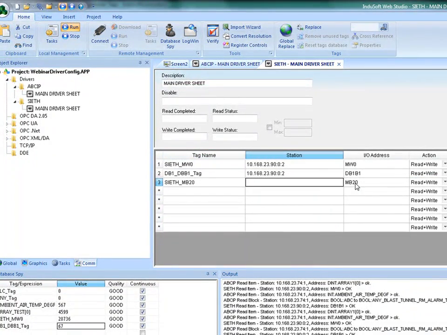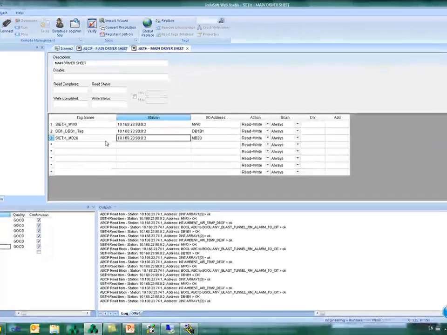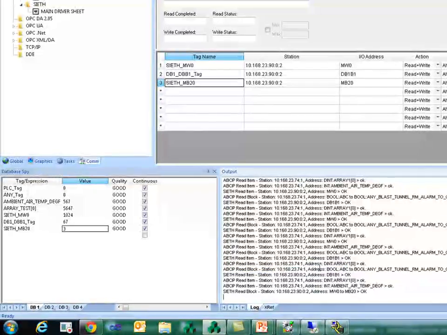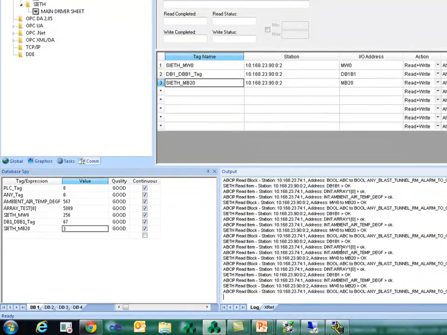The message is going to be the same. I'm going to get whatever value I have on byte 20, which is 3. But I don't have a separate message for that because I'm still on the same block. So one for the DBs and one for the Ms. All the Ms, doesn't matter the format, if it's word, double word, or byte, all the Ms are going to fit on